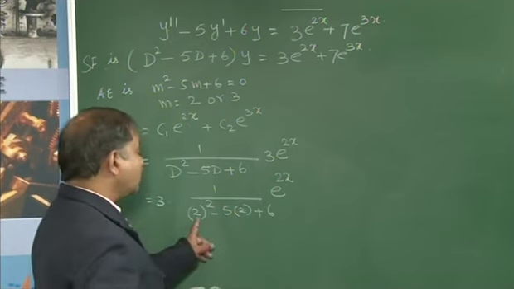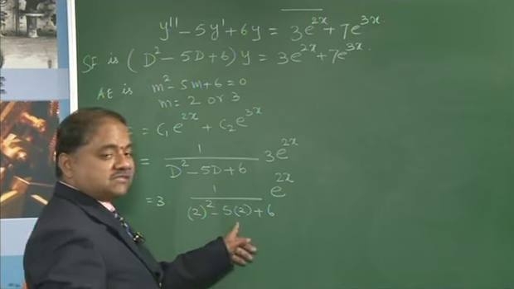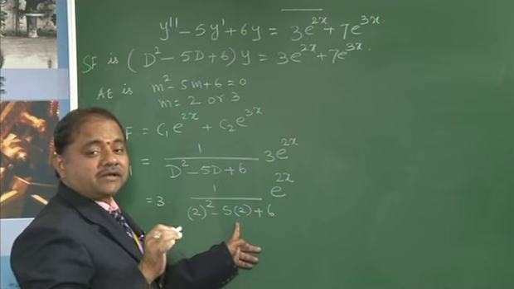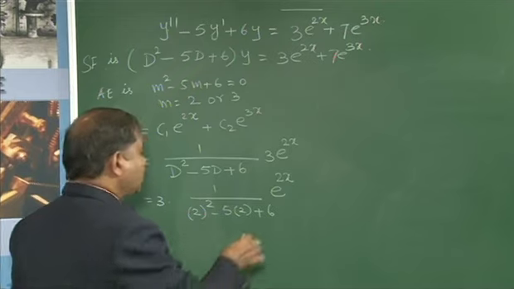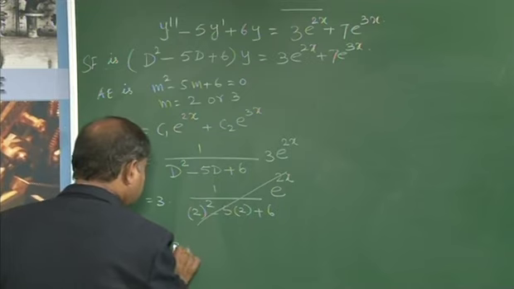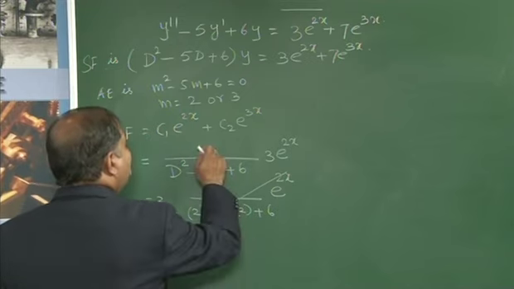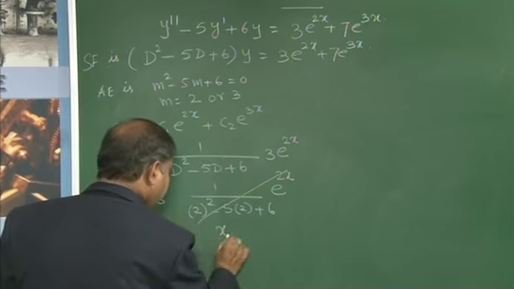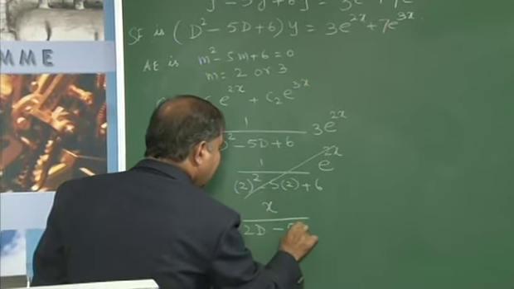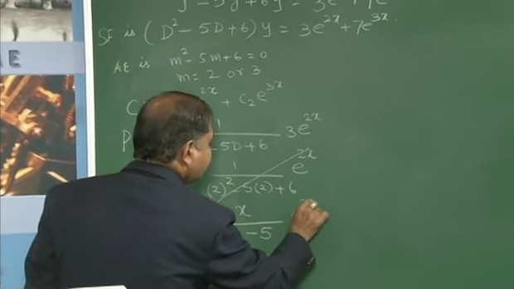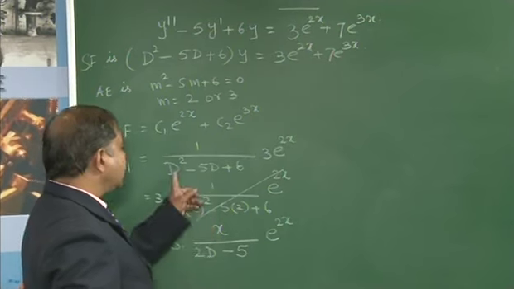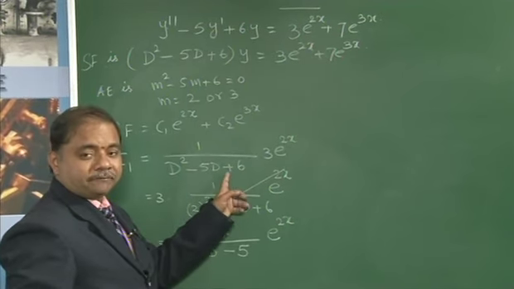See that, 4 plus 6 is 10, minus 10, the denominator is becoming 0. If the denominator is becoming 0, what should I do? Just put a one line on this, do not consider it. Now, listen carefully: multiply by x in the numerator, differentiate the denominator, 2d minus 5. I think all of you understood. Multiply the numerator by x, differentiate the denominator with respect to d.